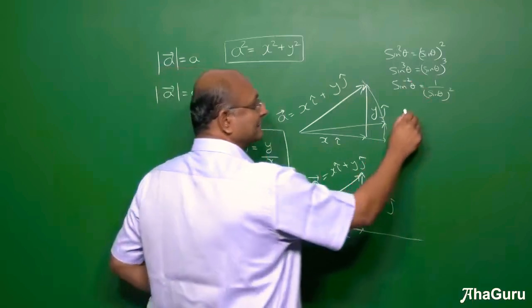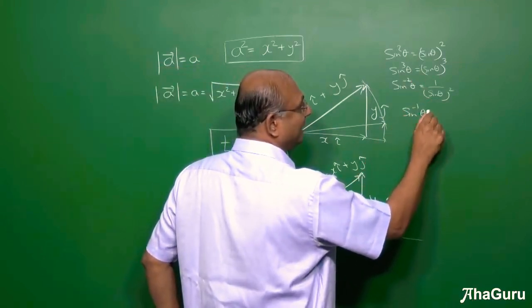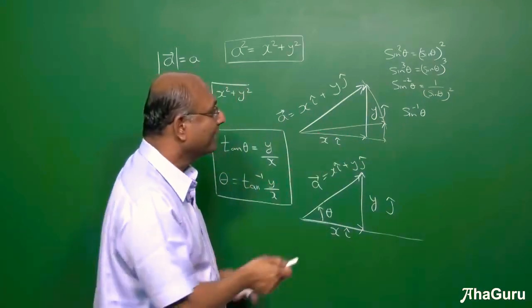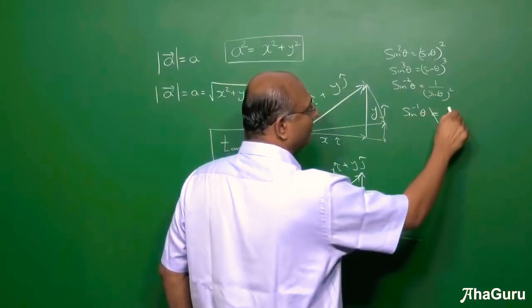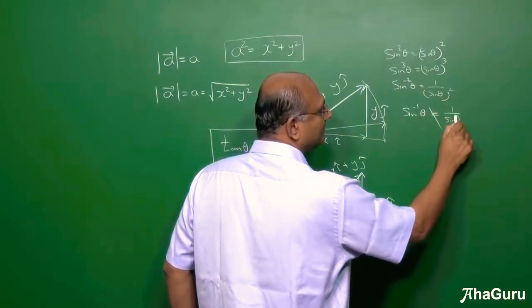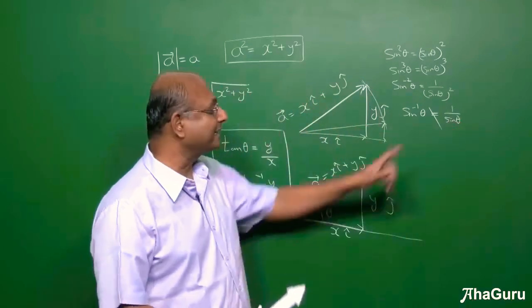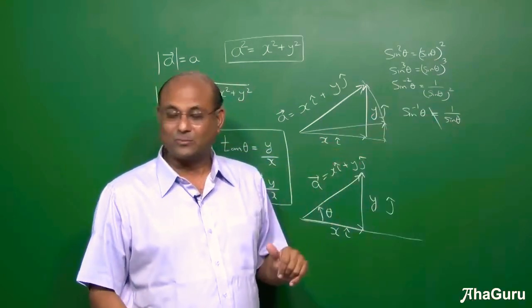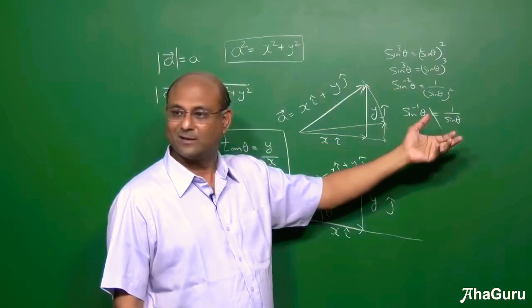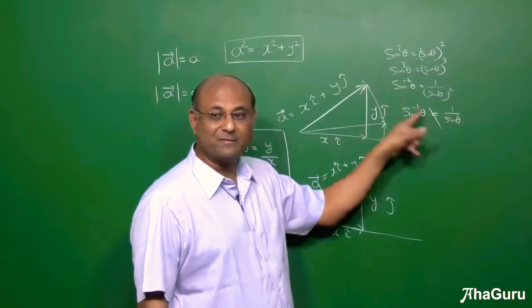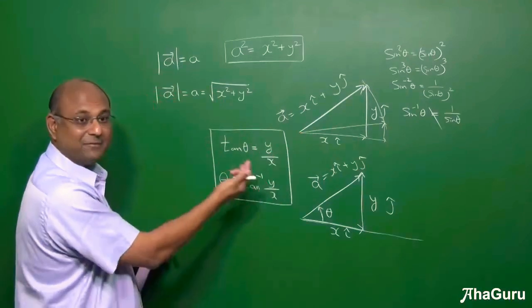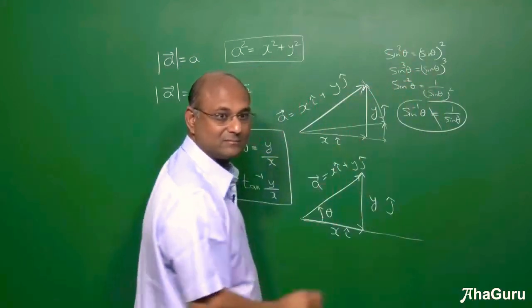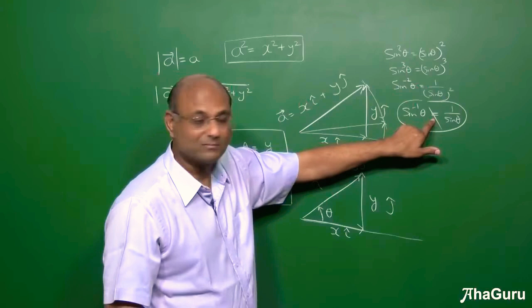But when you write it this way, it does not mean sine power minus 1. Mathematicians unfortunately have messed up a little bit. This does not mean 1 by sine theta. That already has a name. It is called cosecant theta. If I write 1 by tan theta, I have a name for it, cot theta. So mathematicians decided, since you already have a nice name for it, why use this symbol? We will use this to mean the inverse, basically finding the angle. So this is not the same as the other symbols. Please keep that in mind.